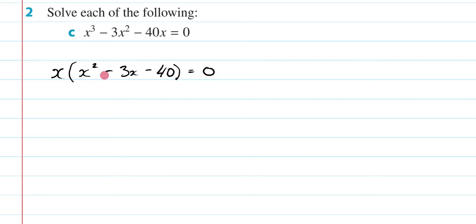Now, hopefully you can see we now have a quadratic, which is very easy for us to factorize. So what I need now is two numbers that multiply to negative 40, so p equals negative 40, and sum to negative 3. What are these two numbers going to be? Obviously, it's going to be negative 8 and 5, because negative 8 times 5 is negative 40, and negative 8 plus 5 is negative 3. So now I can rewrite this as x